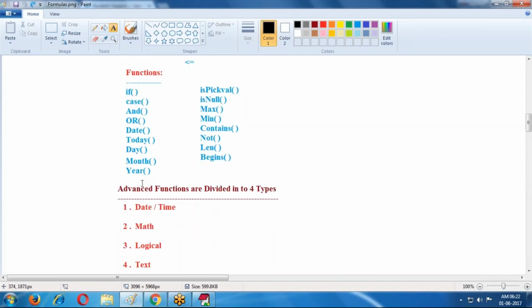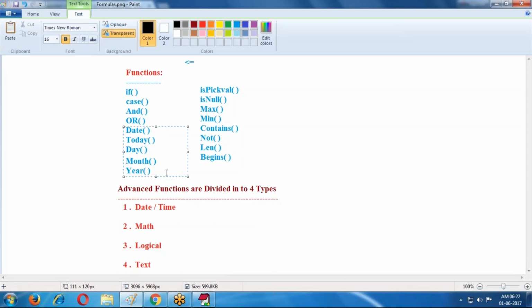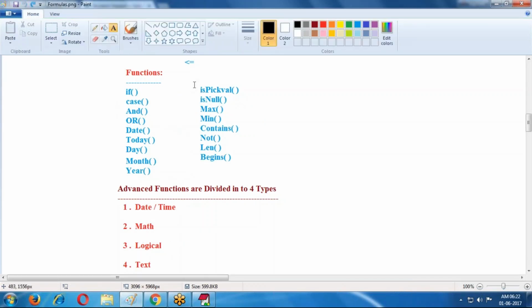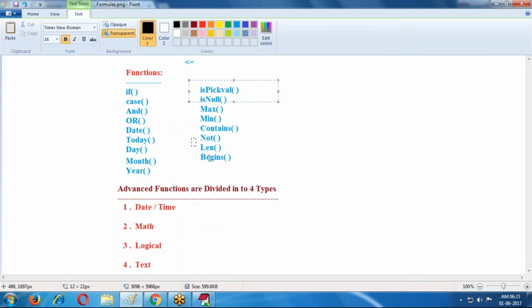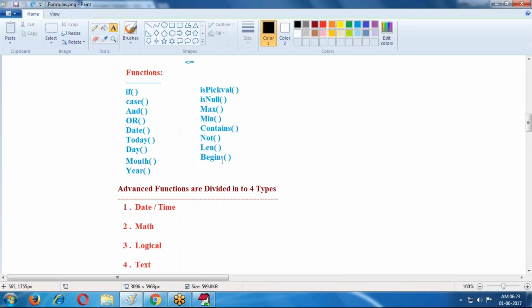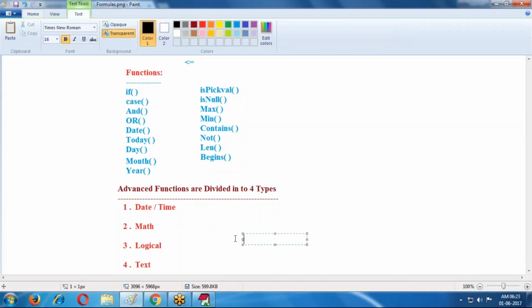Date, today, day, month, year are related to date type of functions. Max, min, is null, like this, are math type of functions. If, case, and, or are logical functions. Is pick value, length, begins, like this, are text type of functions.